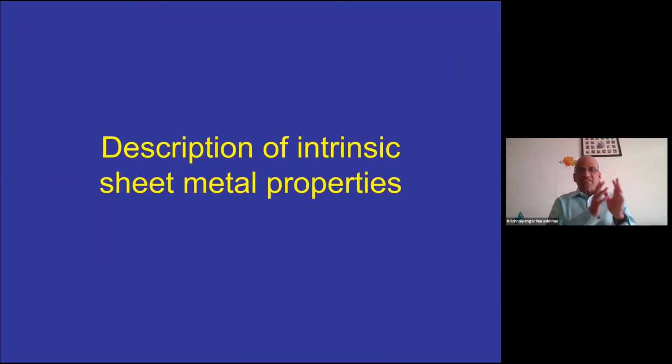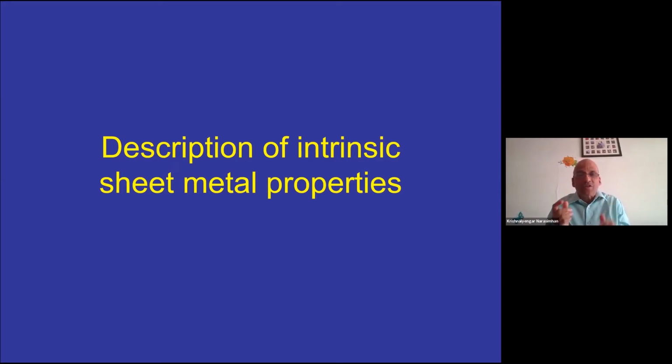Right. So in the first module, our focus was essentially, I would call it, demystification of what is happening during sheet metal forming. Earlier, we were just kind of thinking, okay, there was a flat sheet metal, it has become a component after forming, but we did not have a deep understanding of what was happening to the sheet metal, right? So now we know that we can, in a detailed way, quantify what is happening during the forming, namely by knowing the combination of major, minor, and thickness strain at every point in the component. So that is the basic achievement of our last module. We have completely quantified the deformation that is happening.